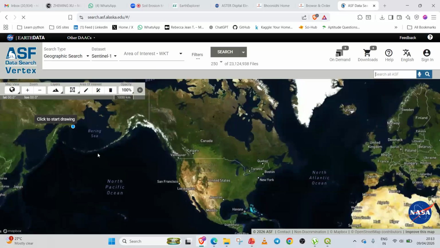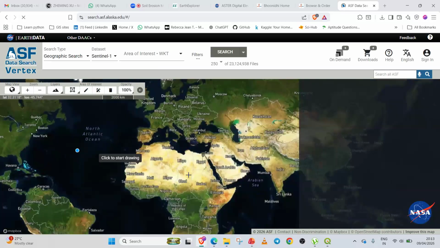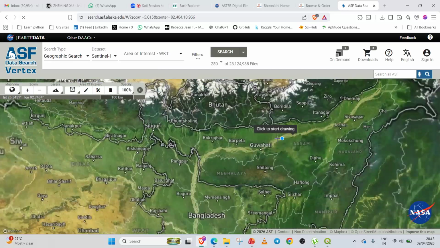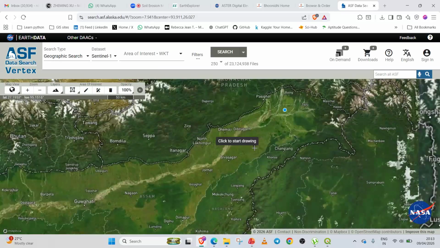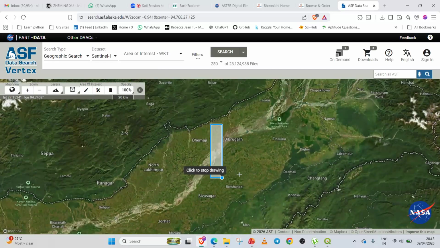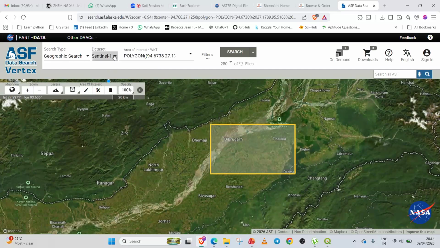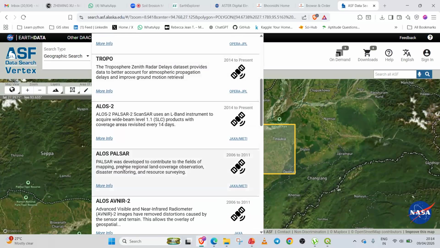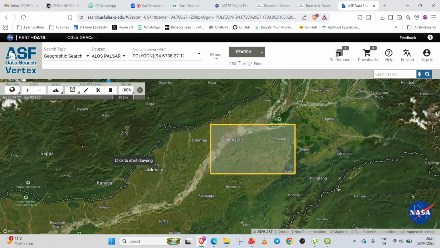See, this is your Alaska dataset. Just select your area, Dibrugarh. Yeah, see. Now you have to select the ALOS PALSAR. So this one is the ALOS PALSAR. If you select this one,